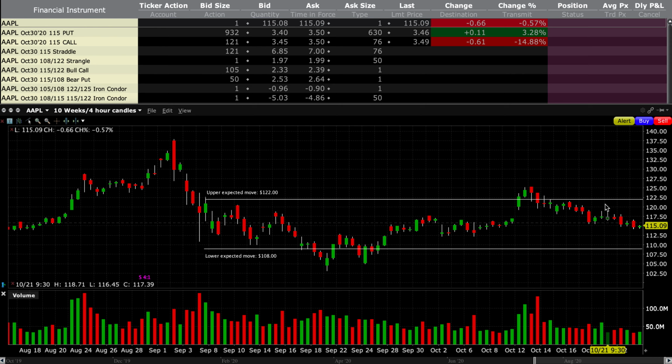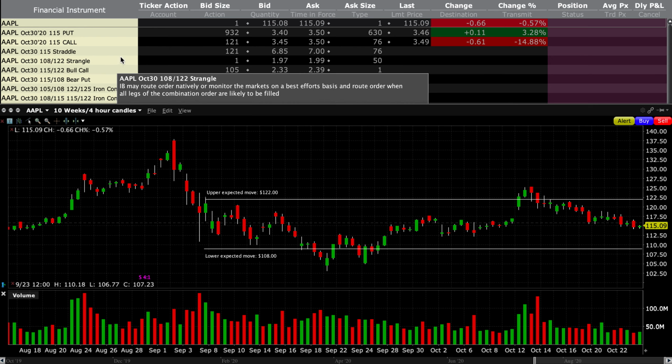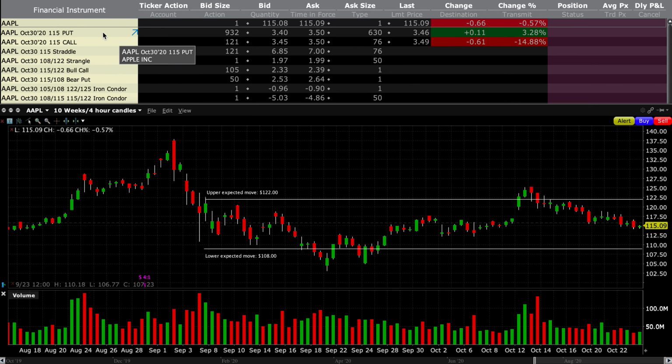That's if you're bullish. Because if you're bullish and you just buy the call option, which costs about $3.50, your break even is $118.50, and you need to be directionally correct, and you need a decent move to the upside to break even as well on the trade, right?